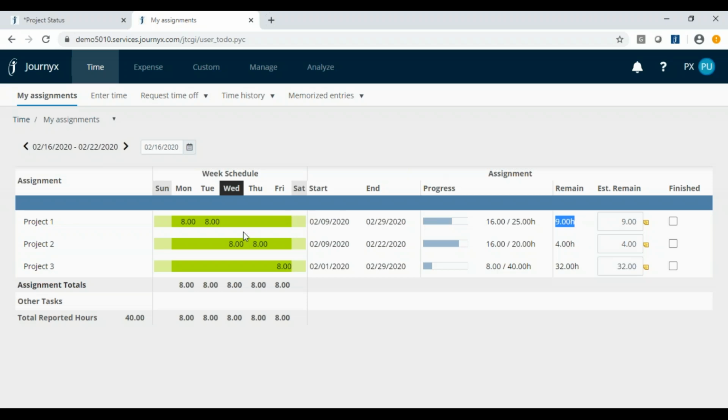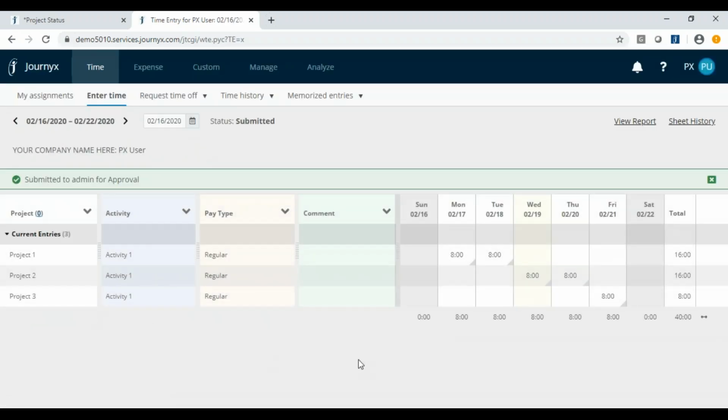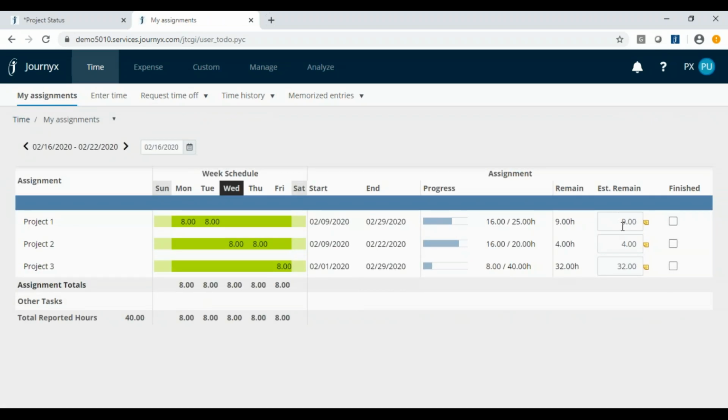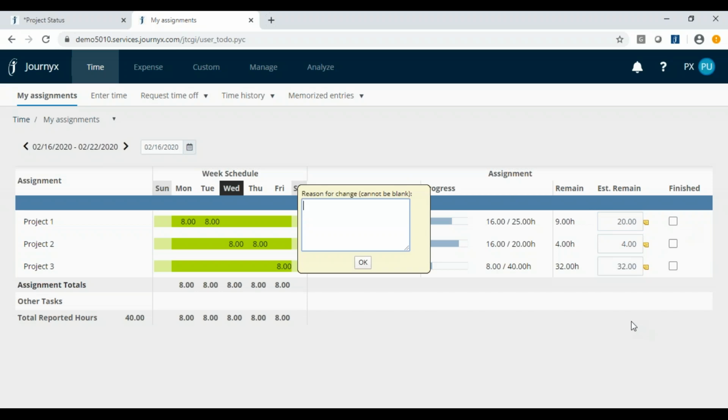You can track your time on this My Assignments list, but I will say most of our customers that track time on projects and use PX will go ahead and use this as almost like their project schedule, and then enter time through their normal standard timesheets against those projects. You can also communicate with the project owner. So for example, it's telling me I've got 9 hours remaining on this project, but I know it's going to take me 20 hours to do that. I can request more time